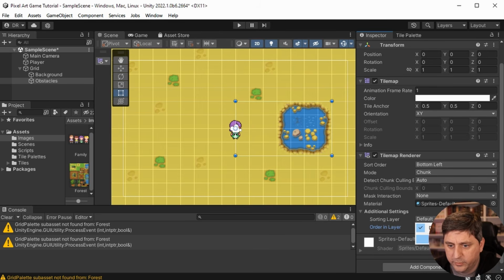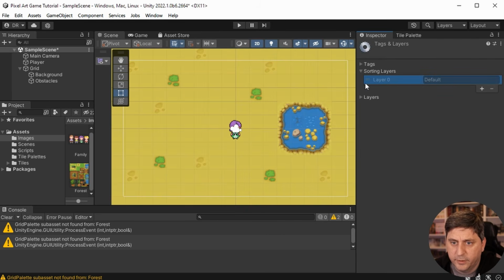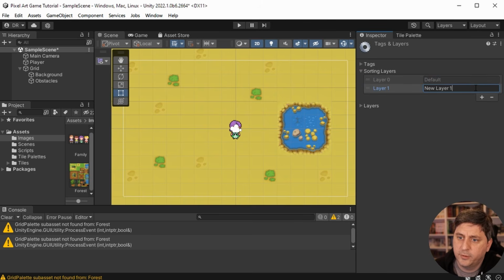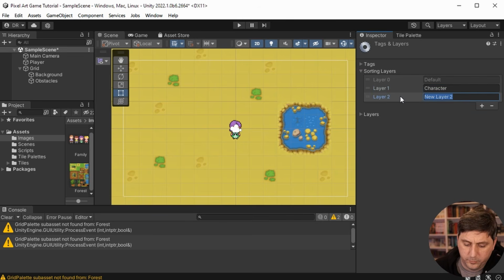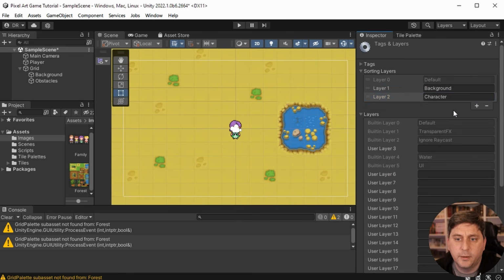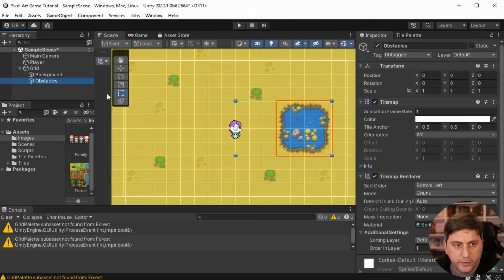So under sorting layer, we're going to add sorting layer, and then we're going to make a character layer, and we're going to make a background layer. And I think whatever's lowest is what renders on top. Z index is increasingly negative as it comes towards you, because I think the camera's just set to be super negative. So yeah, we'll go ahead and hop back over here,